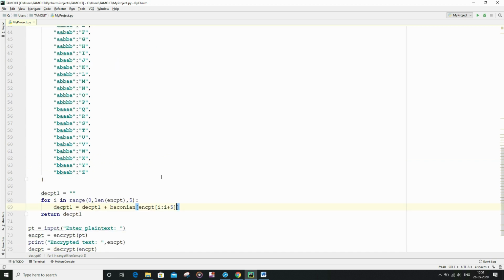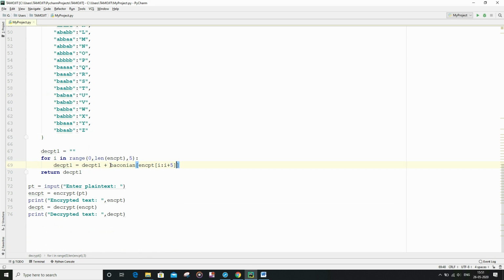For each such segment the corresponding values will be concatenated to the decrypt string variable. After doing the required number of iterations it is going to come out of the for loop, and finally it is going to return the decrypt string variable.